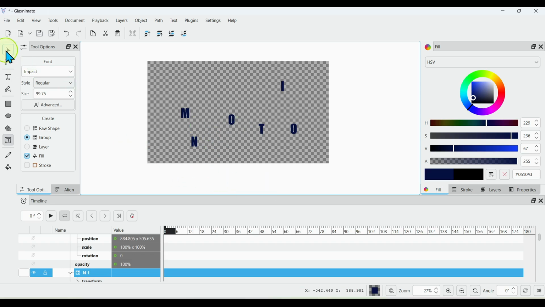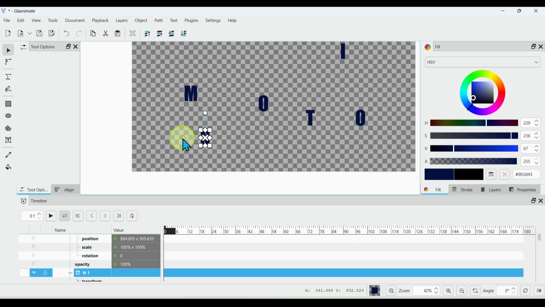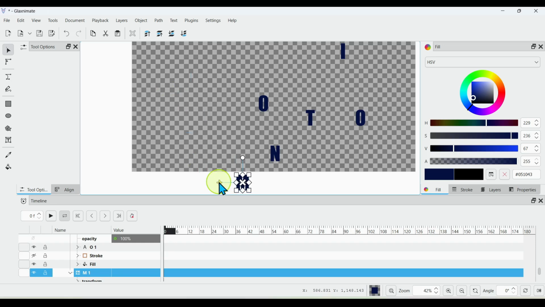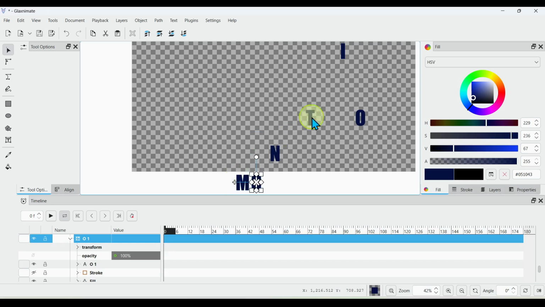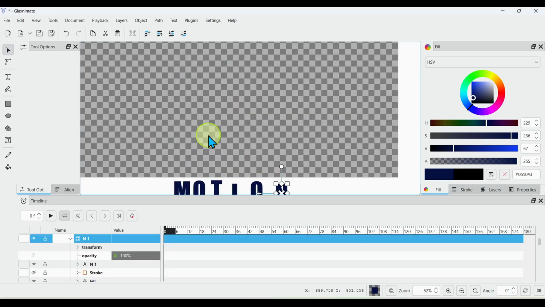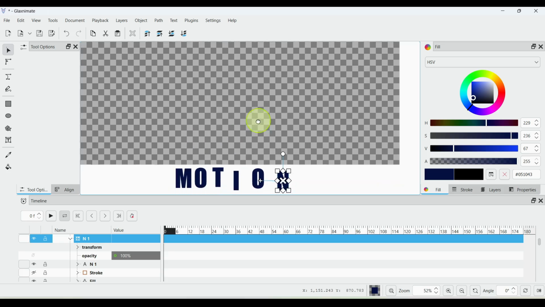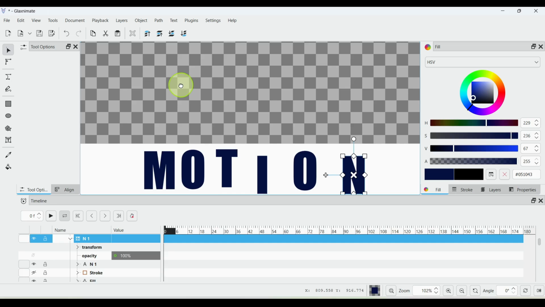To align them, go to the select tool here, and you can zoom in again with the middle mouse button. Just click and align the first text, which is M, like this. Okay, once we have that, let's zoom in a little bit more here, like that. I want to place the text here, so that's why I just want to zoom in more so we can